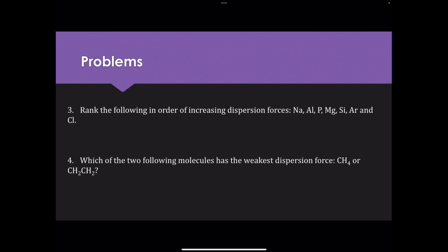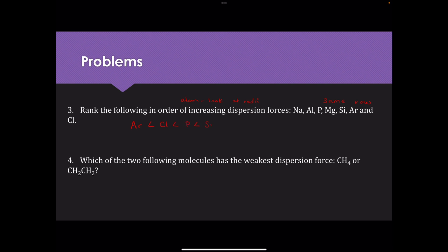So we want to be able to compare strengths of forces. We're given a series of atoms, and we are asked to rank them based on increasing dispersion forces. They're all atoms, so we're going to be looking at atomic radii. When we go to rank these, the atoms are all located in the same row in the periodic table. So we said the trend is, as we go across the row, the size gets smaller. So the atoms further to the right are the smallest. So that's going to make my argon the smallest, then my chlorine,